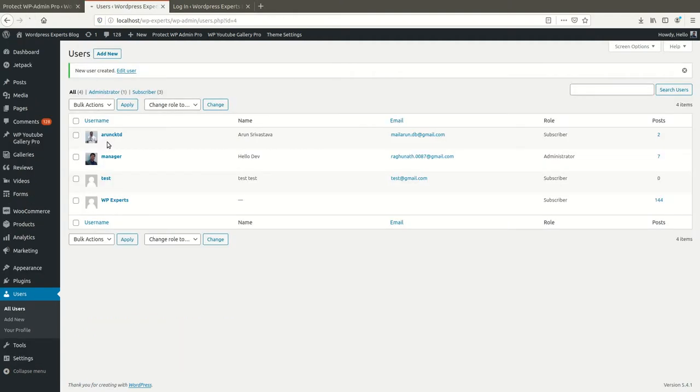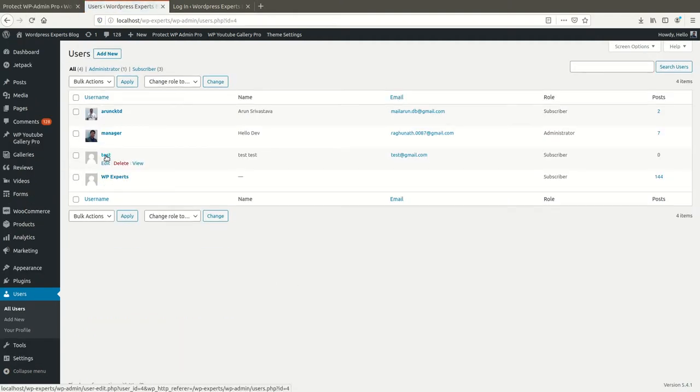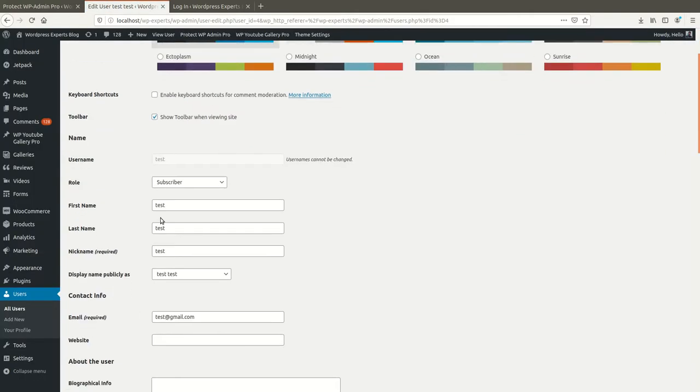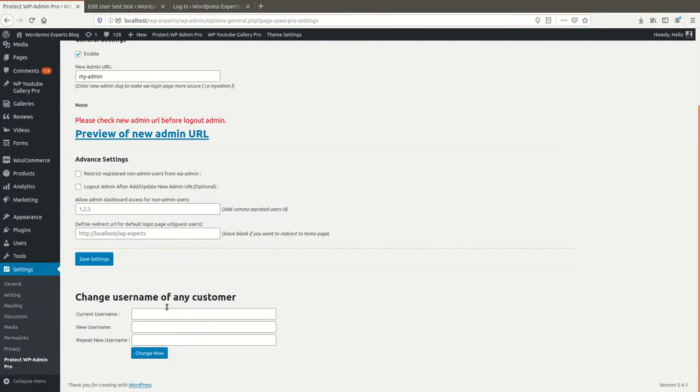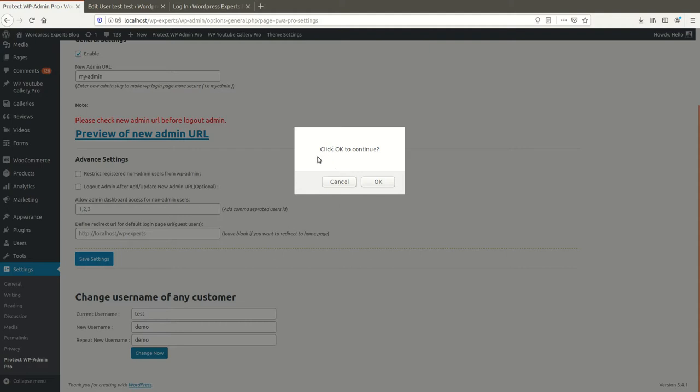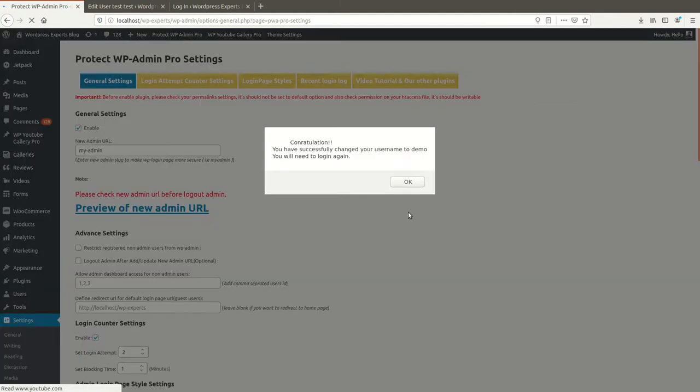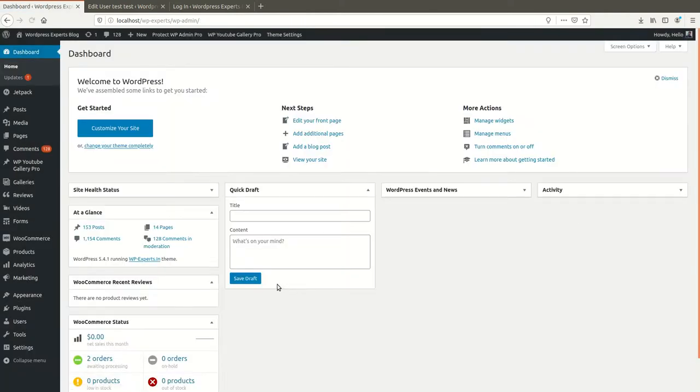Let me show you how you can change the username. This is the current username of this user. Let me change this to test demo. Click OK, continue. Congratulations, you have successfully changed your username to demo, and you will need to log in again.